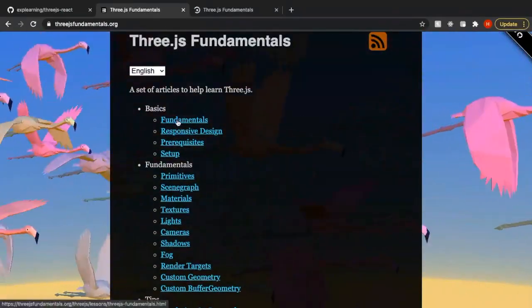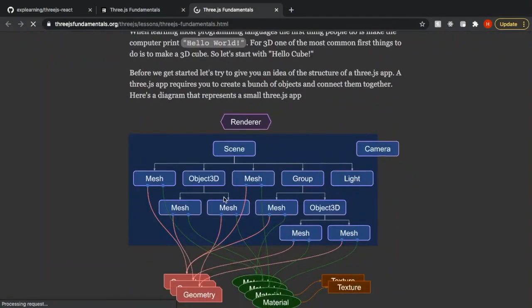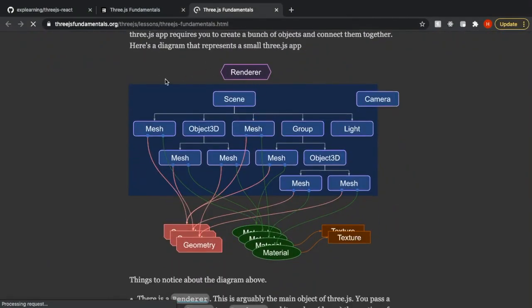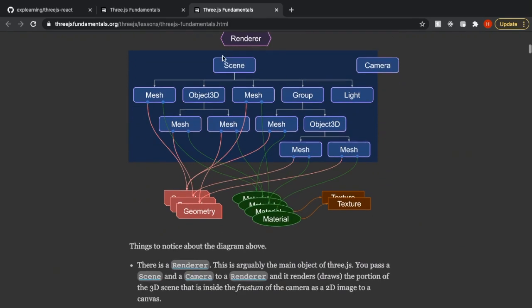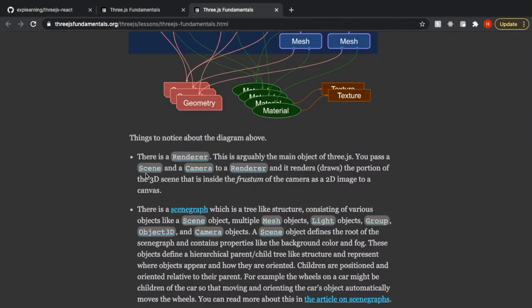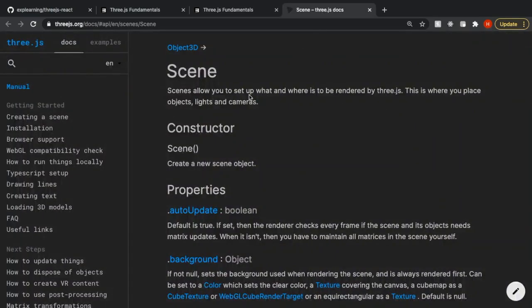So if we go to the first article, it's titled Fundamentals. And on this page, there's a great picture of the scene graph. You can think of this picture as kind of the Three.js universe, and it consists of a renderer, a scene, and a camera. The renderer takes a scene and the camera and then uses that information to render the graphics onto the screen. So the scene is a tree-like structure which has several children, and those children can also have children. And if we go to the documentation for a scene, this is threejs.org, we can see that the scene